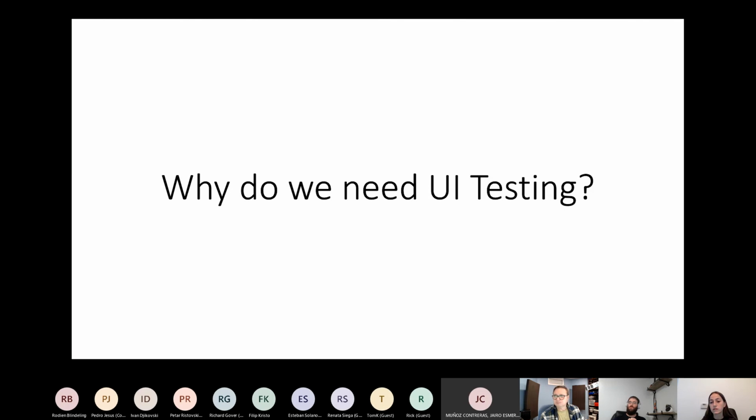What is the UI testing? UI testing means that if we have a mobile app, then all the views and designs that are in that app must be functioning well. So for today's presentation,